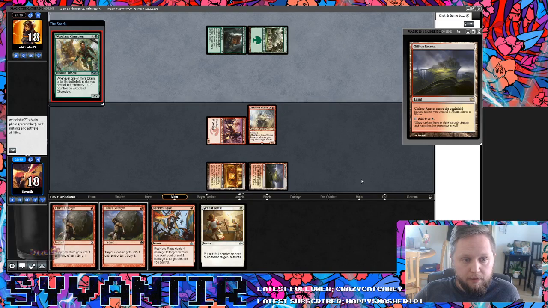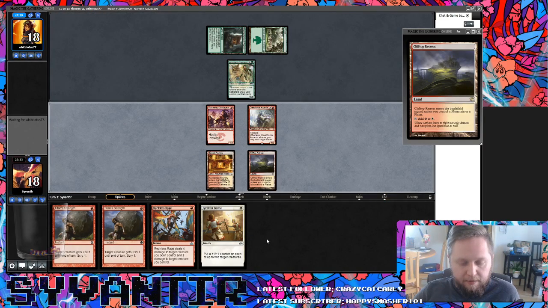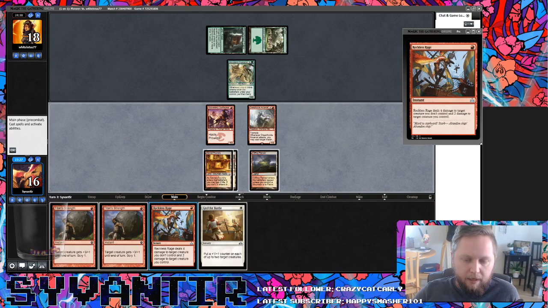Whenever one or more tokens enter the battlefield under your control, put that many +1/+1 counters on Woodland Champion. Okay. Sure. Don't know if that does a whole lot. Land, please. Land. Oh, they might be dead. They might just be dead. So